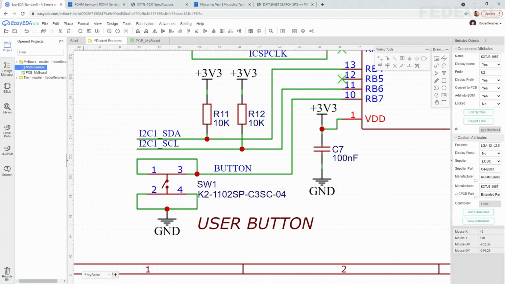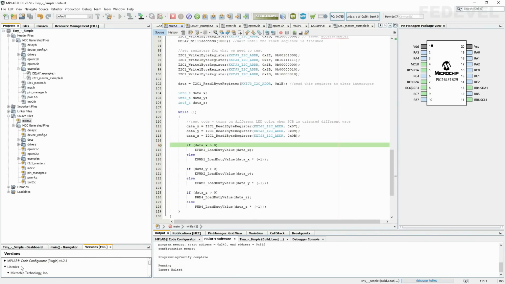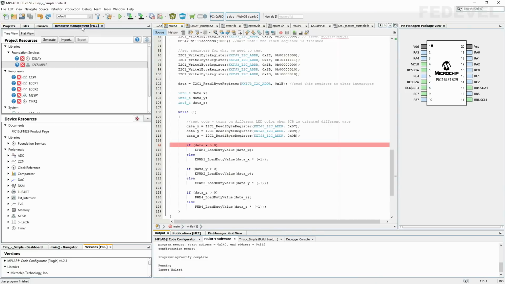Go back to MPLAB. We can stop debugging our board, so I'm going to press this red stop button. Go to MCC, and what now? Go to Pin Manager.